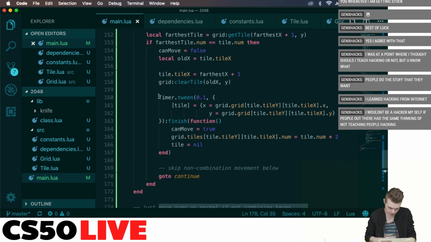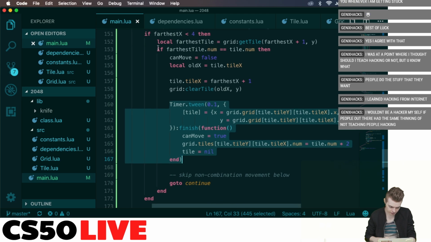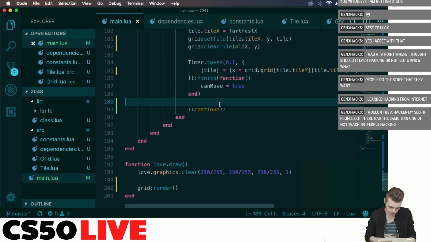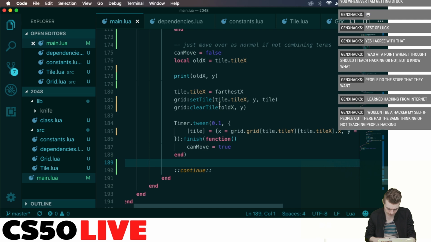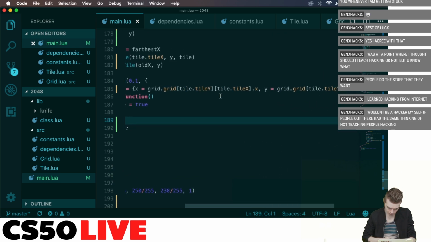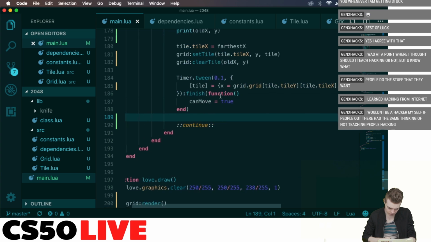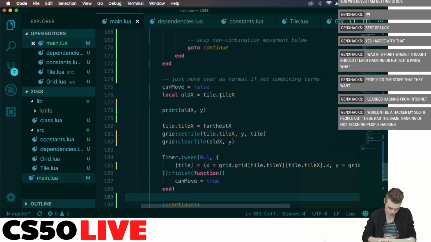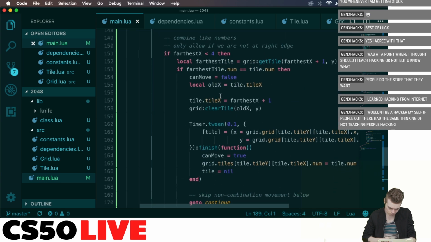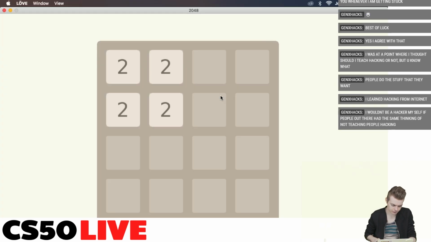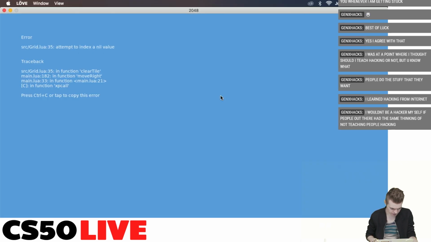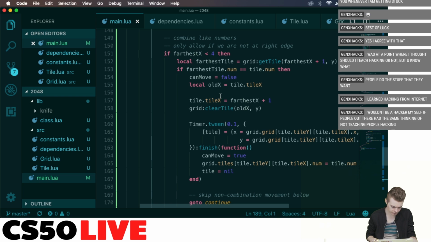I wonder if there's, it would be cool if there was a way to abstract this out into a separate function, and then abstract this out into a separate function. Whoops. Well, the continue part kind of makes that hard. Shoot, what is the problem here? Attempt to index, and it's trying to index a nil value. So,